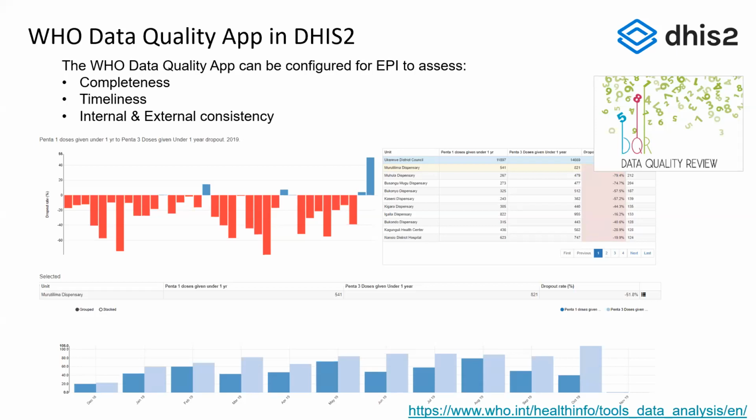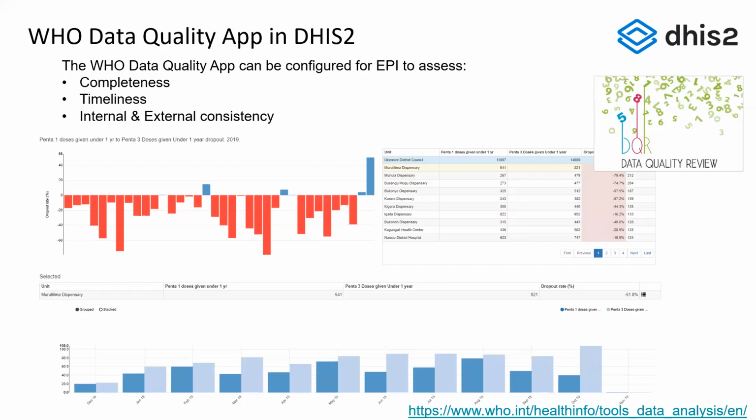This kind of data consistency can be monitored and analyzed through this app. But you can also combine that with completeness of data and timeliness of data,